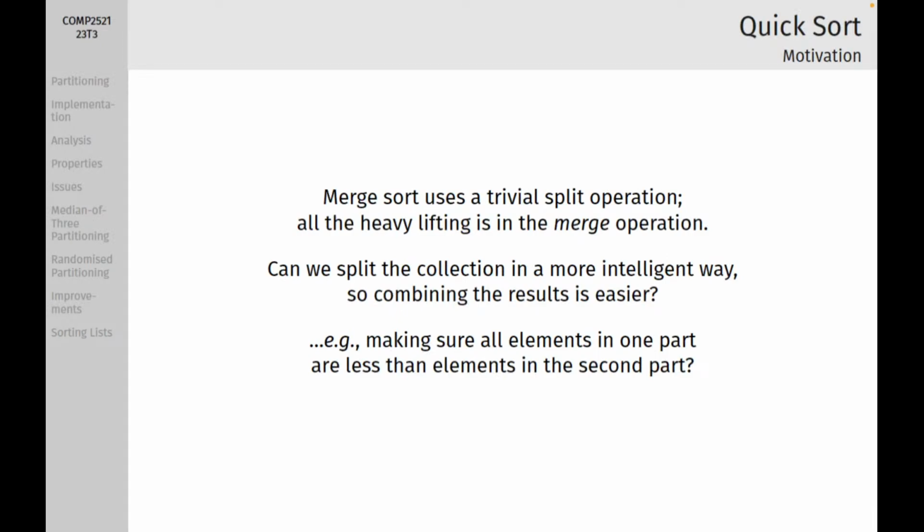Okay, so what's the motivation behind quicksort? The thing with merge sort is that it uses a very simple split operation, which is also quite unintelligent, because it just splits the array into two halves, recursively merge sorts each half, and then,